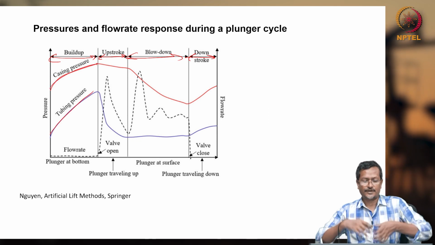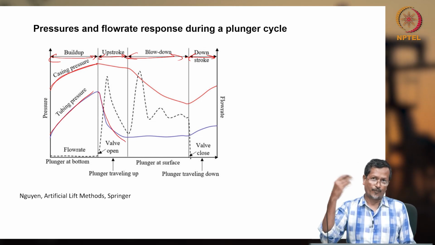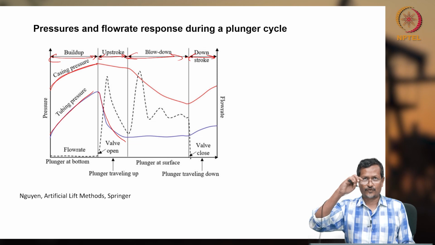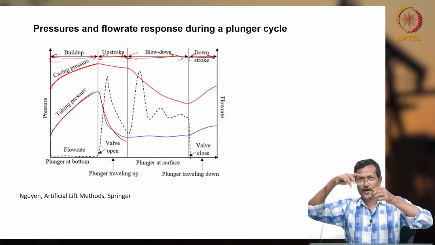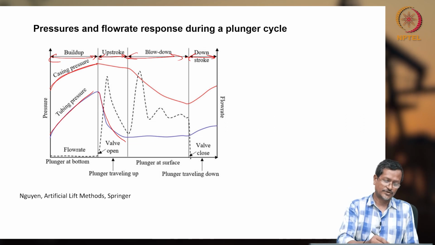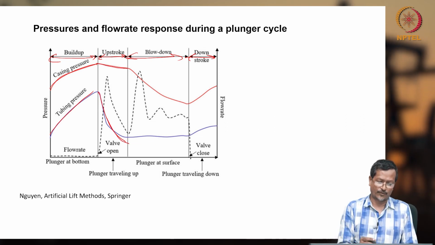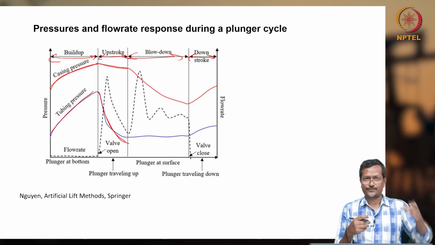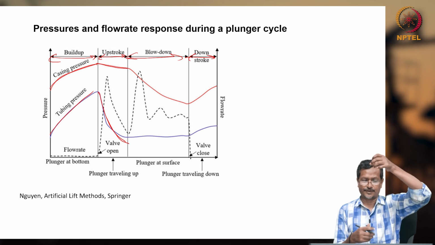Then upstroke, when upstroke is happening, tubing pressure will be going down because your valve is open, whatever liquid and gas is there above the plunger will go out. So, the upper pressure is low, and because of the low upper pressure, your tubing pressure is going down, casing pressure also will be going down. Now, blow down stage, catch your plunger on the top of the system. Then